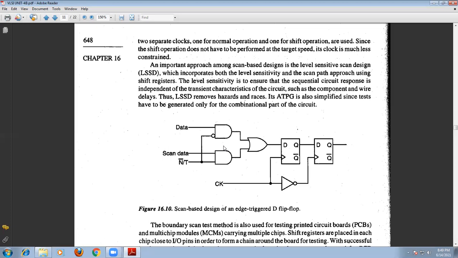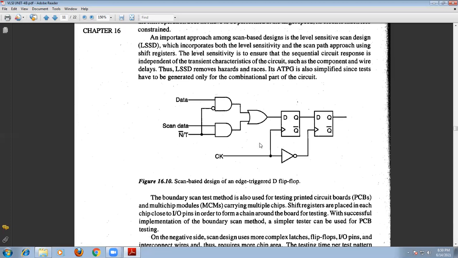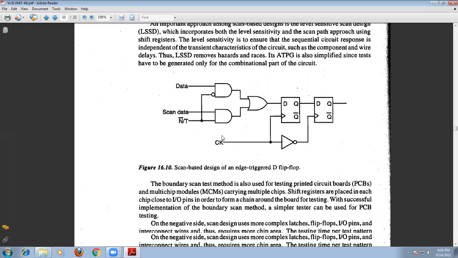In some cases, for example in large high-speed circuits, a single clock pulse is not sufficient. So to overcome these difficulties, we use two separate clock signals, one for normal operation and one for shift operation. Similarly,